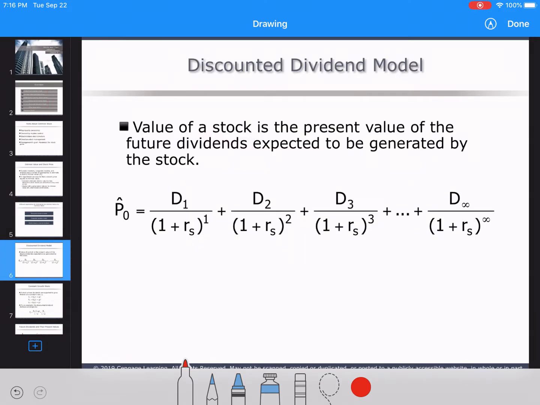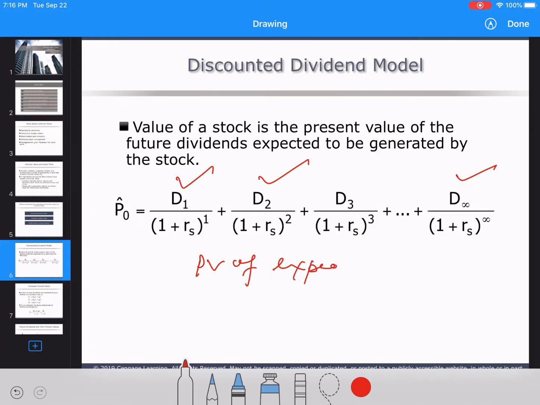So you know that price is equal to, this is expected dividend, this is also expected dividend, so all are expected, not realized. So price is basically the present value of